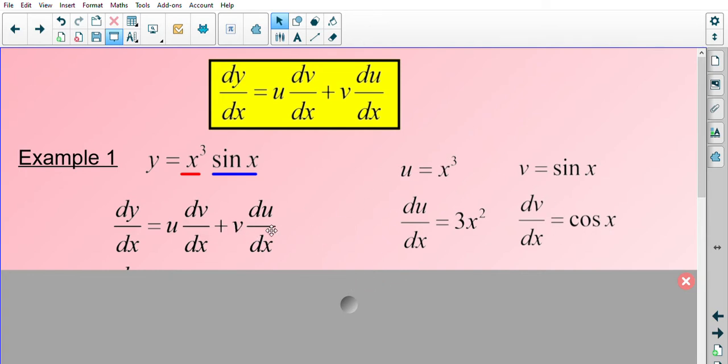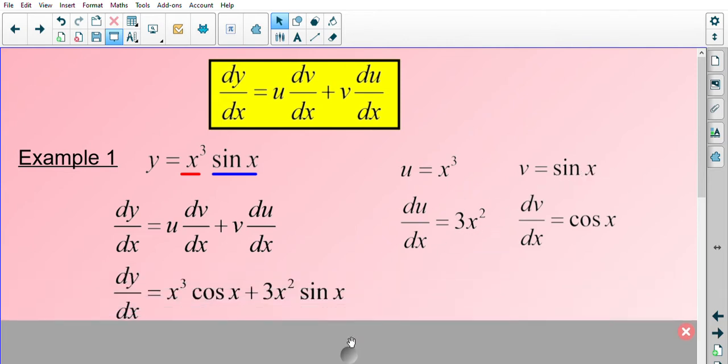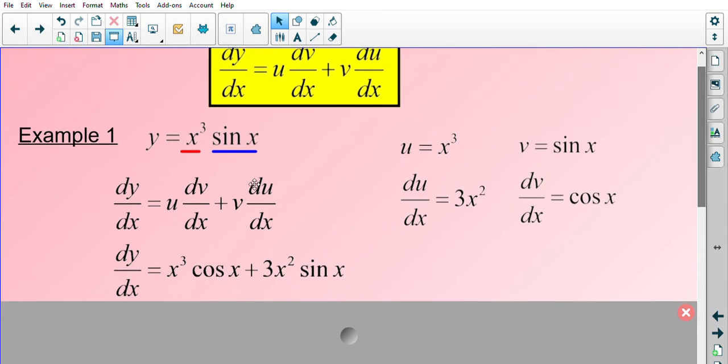And v multiplied by du by dx, well, v is sine x multiplied by 3x squared. It's probably better to put this first, so that'll be 3x squared sine x. So that's what I get given there. Just remembering that was my u, which was x cubed, multiplied by dv by dx, which was cos x. I get x cubed cos x